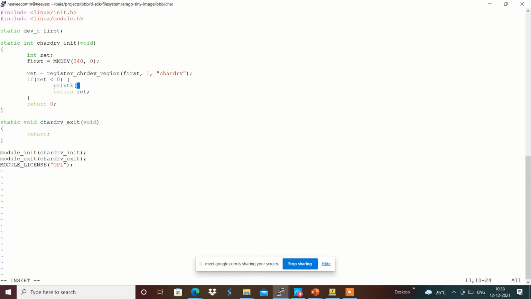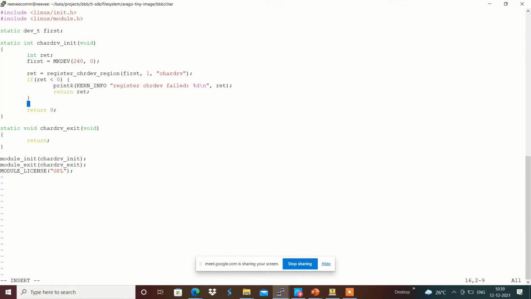For that I am going to use KERN_INFO, register chrdev failed with the return value %d\n, ret. With this value it has failed, and for a debug purpose I am going to use printk KERN_DEBUG